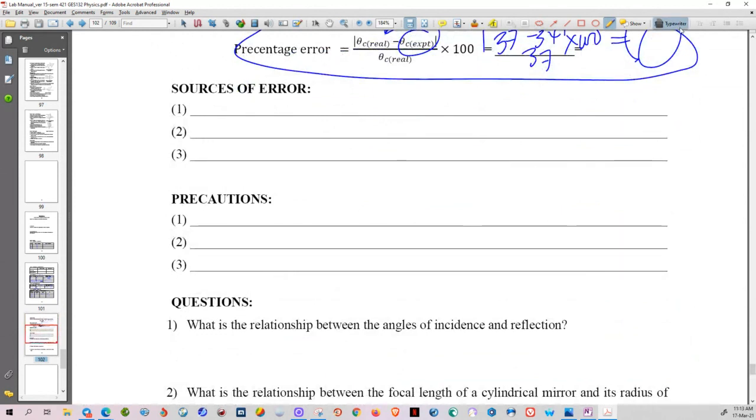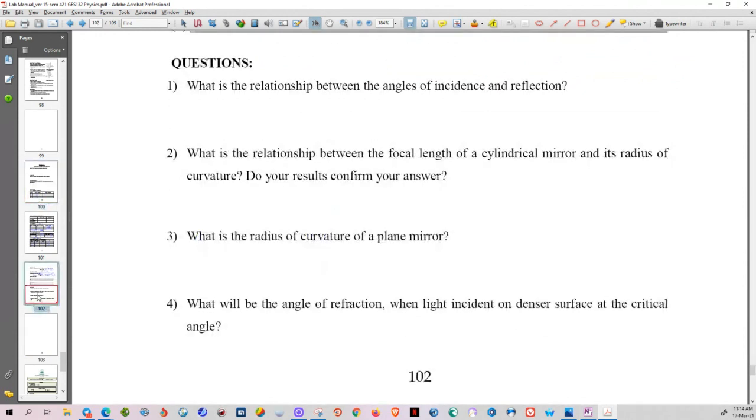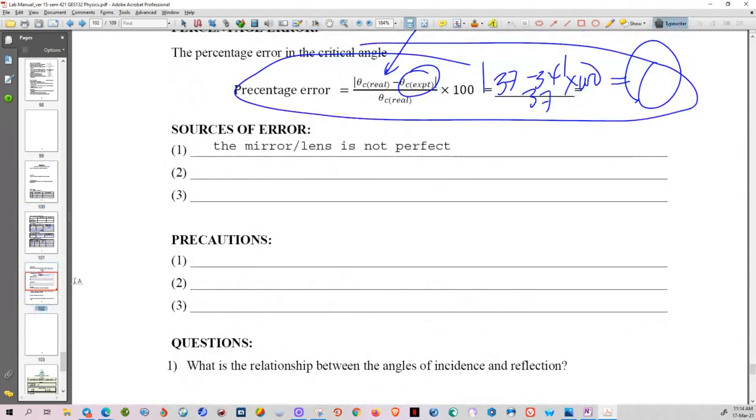Like I said, the lens and the mirror are not perfect. Okay? So how do we write it? The mirror or the lens is not perfect. So as a precaution, you have to make sure that your mirror or your lens are perfect, but actually it's impossible. So if it's not perfect, make sure at least that you use good mirrors and lenses to make your measurements,